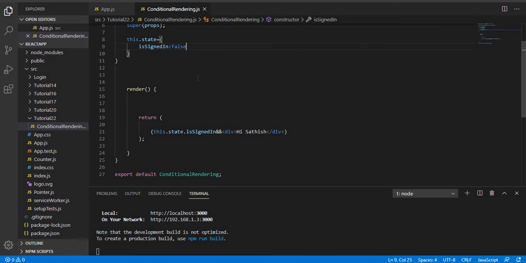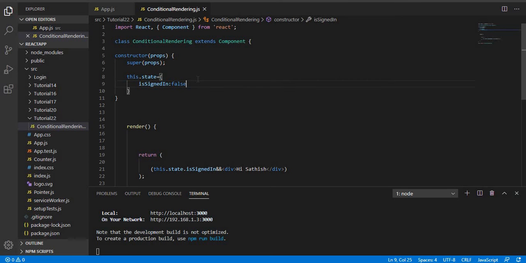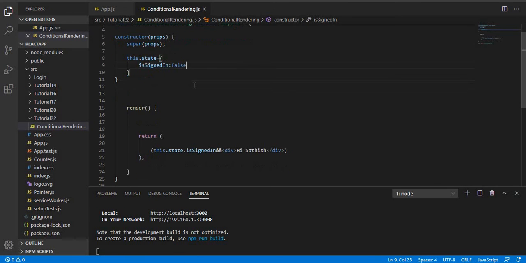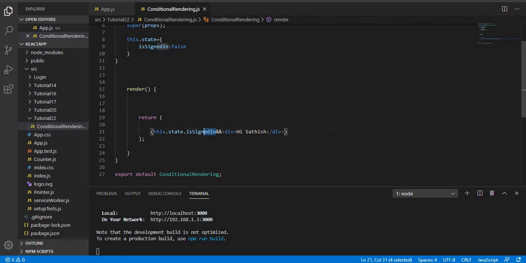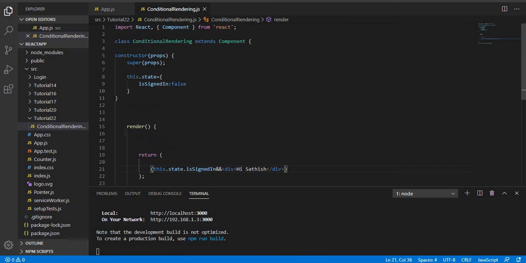Alright, so just to recollect, we have looked into three approaches as we discussed in the previous tutorial. One is by using the if-else method, second is by using conditional expressions, and third by using operators, that is this particular ampersand symbol. With the help of that, I am able to conditionally render certain things in